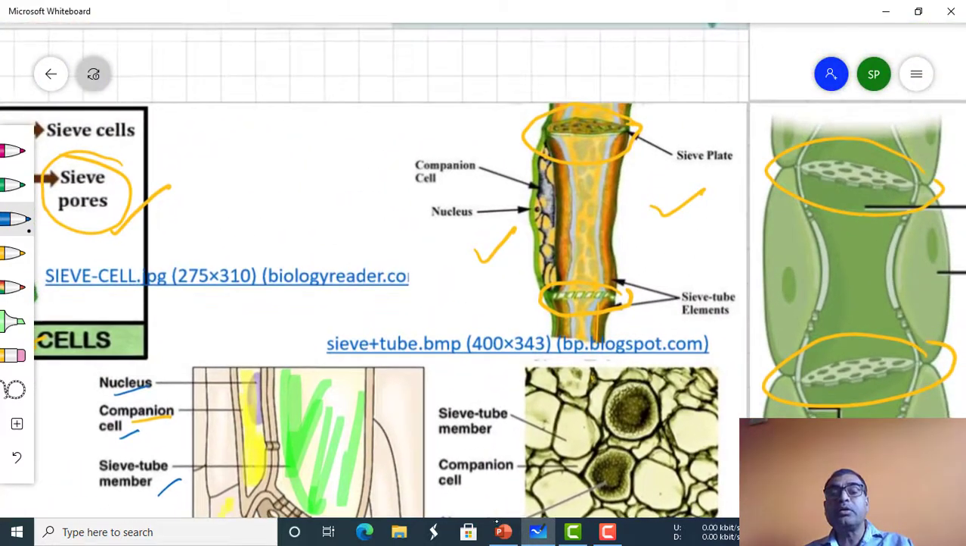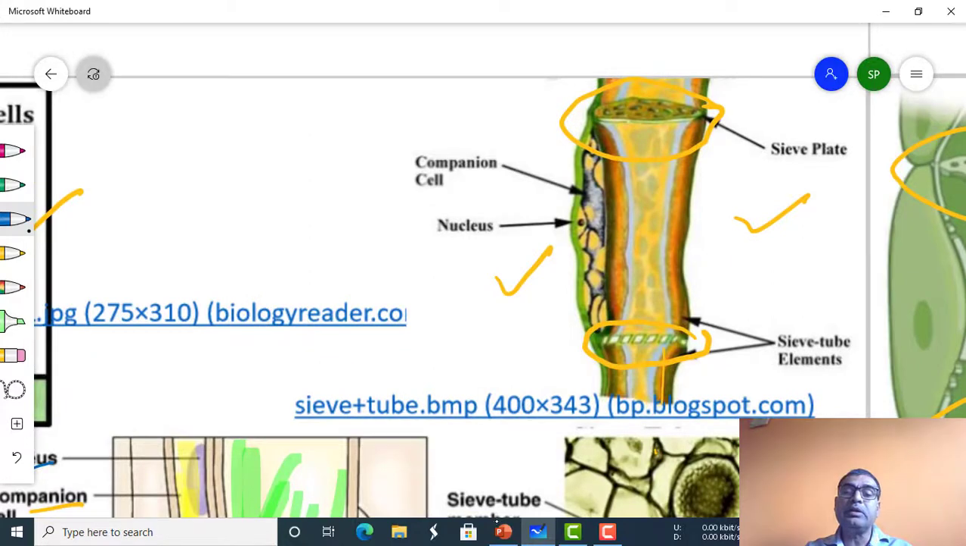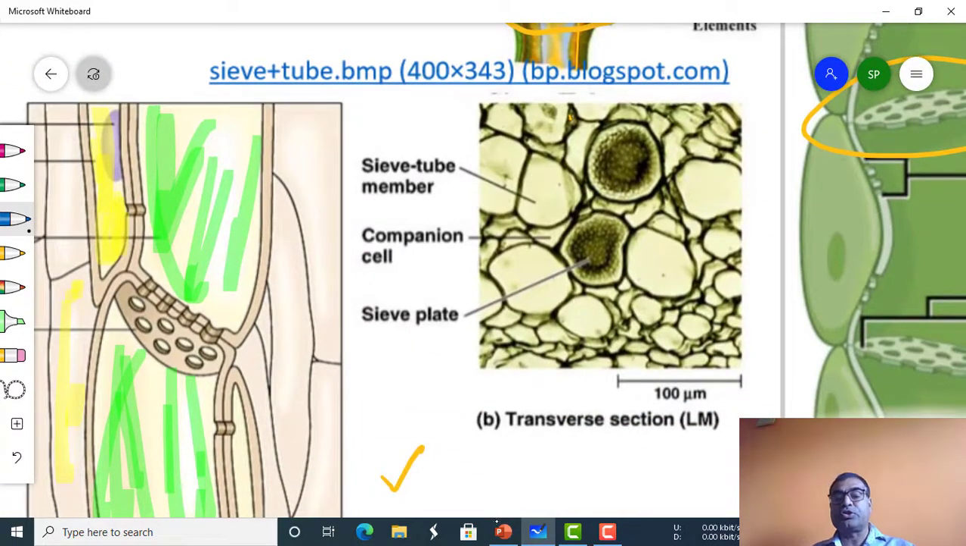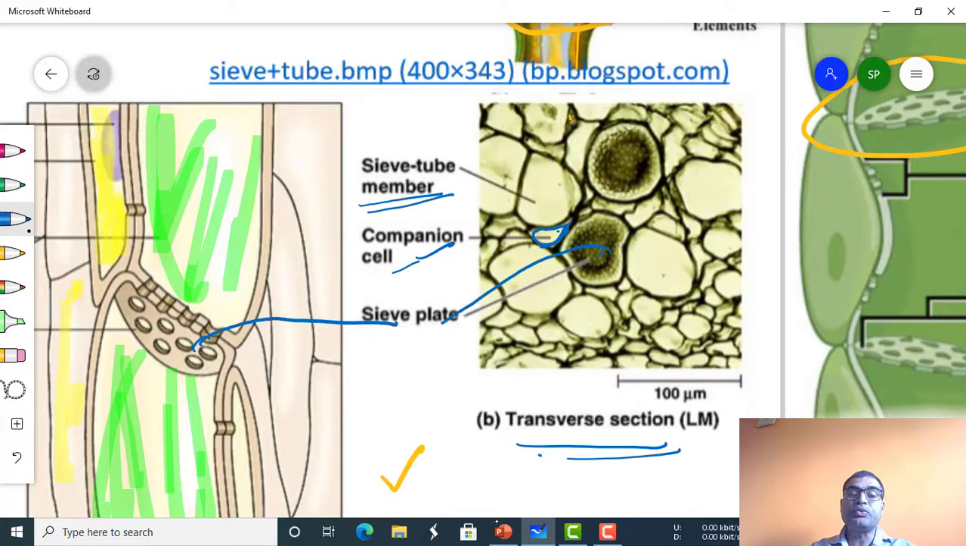If you see here, this one is a companion cell. Then these are the phloem parenchyma type of cells. This is a sieve tube, showing the sieve plate. This is a transverse section of the phloem showing the different kinds of elements. This is a sieve tube. Then the cell which is associated with the sieve tube is a companion cell. This is a sieve plate, this one and this one; this is present in longitudinal section and this is present in